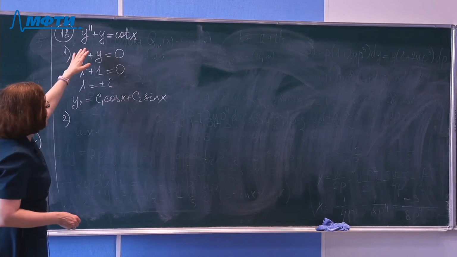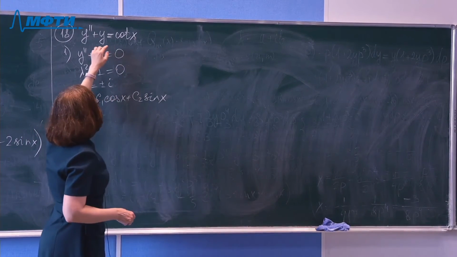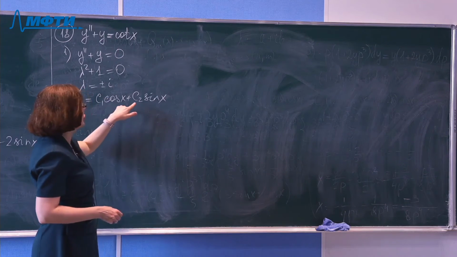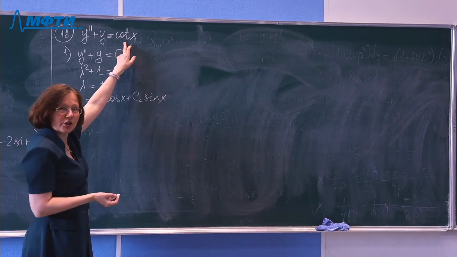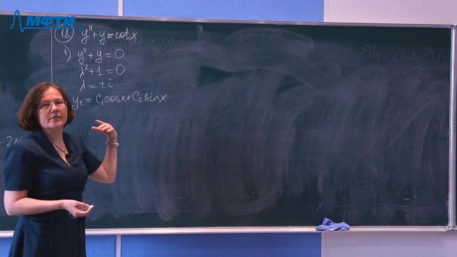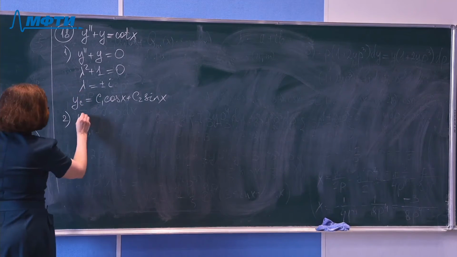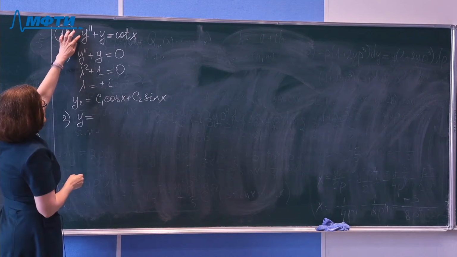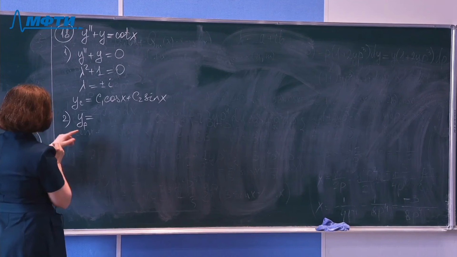If our equation were homogeneous, we would have two constants. But now, since it is non-homogeneous, we should think of these constants as functions depending on x, actually, right? So we will look for the particular solution. Let's find the particular solution